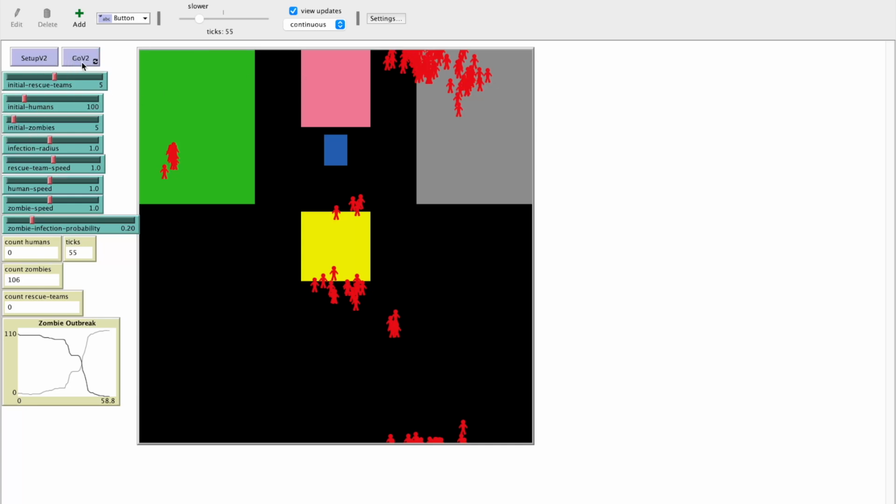So this happened in 53 ticks. So it was a reduction in terms of how quickly the spread happened. Of course, the rescue team quickly went down to 0. But the zombie count also ticked up. It looks like this was actually the first simulation in which the zombie count ended up greater than the human population in which it started, which I think is